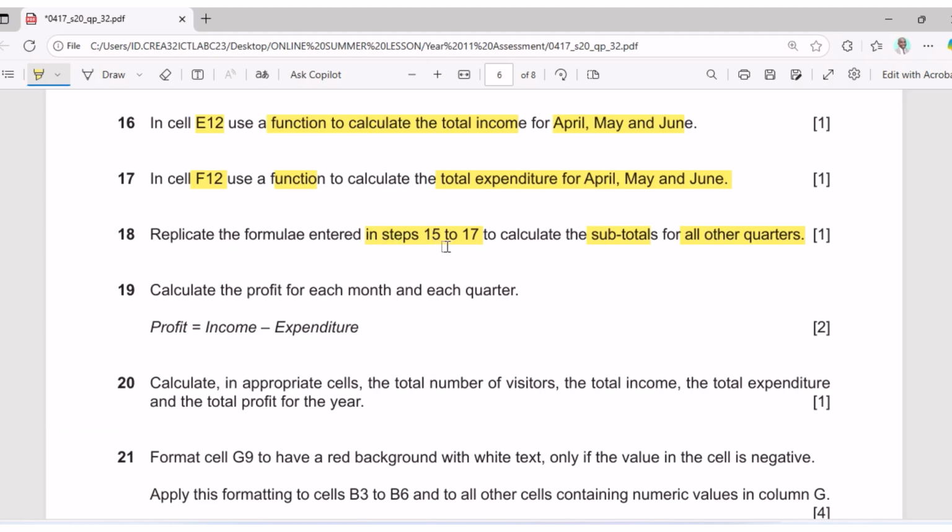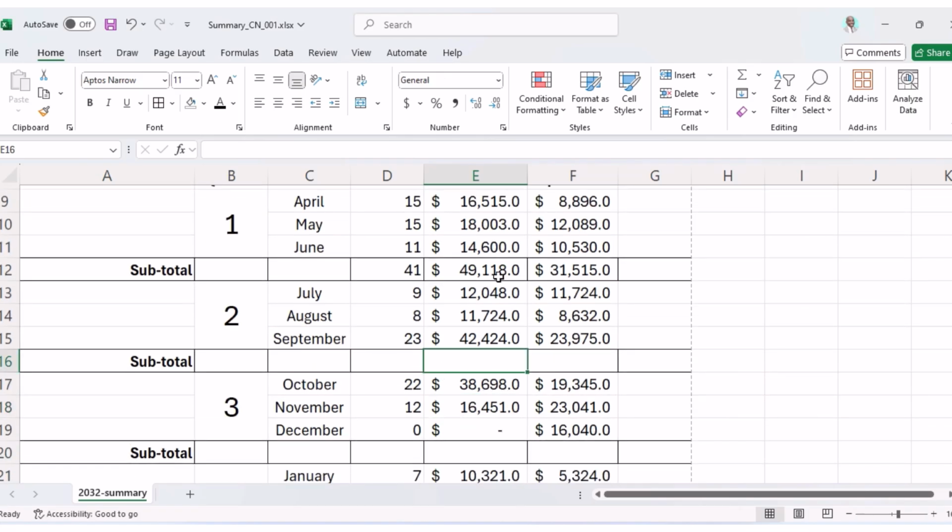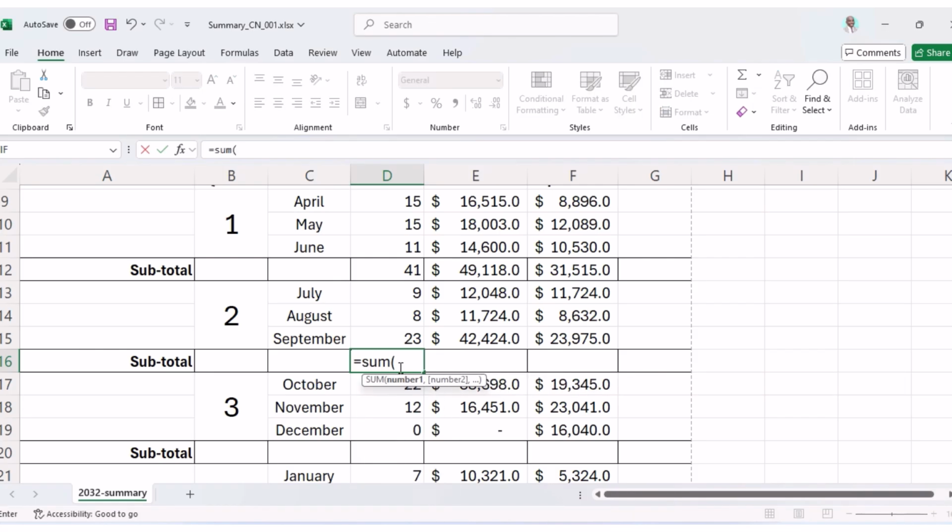replicate the formula entered in steps 15 to 17 to calculate the subtotals for all other quarters. So something like this that we did for all other subtotals. So what I'm going to do is I'll go to the other subtotal, which is this. So the same formula I used here, I will replicate it there. So that's what this is saying. So I could just come here and say equals, let me start from here, sorry, number of visitors, equals sum of this,